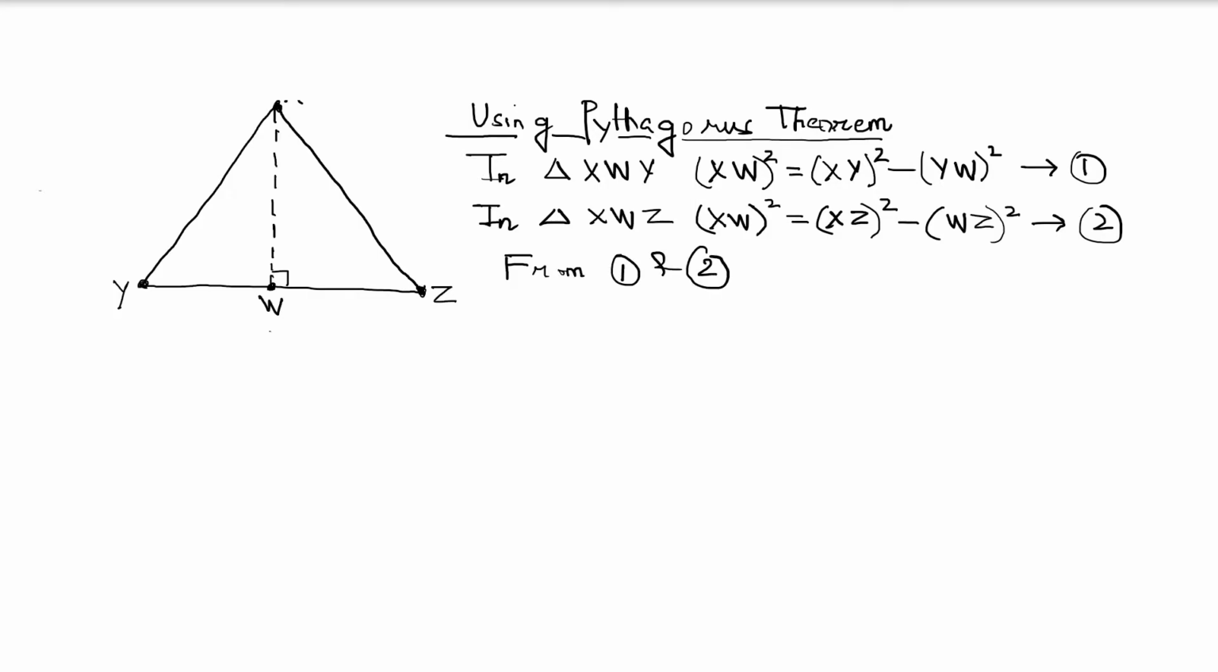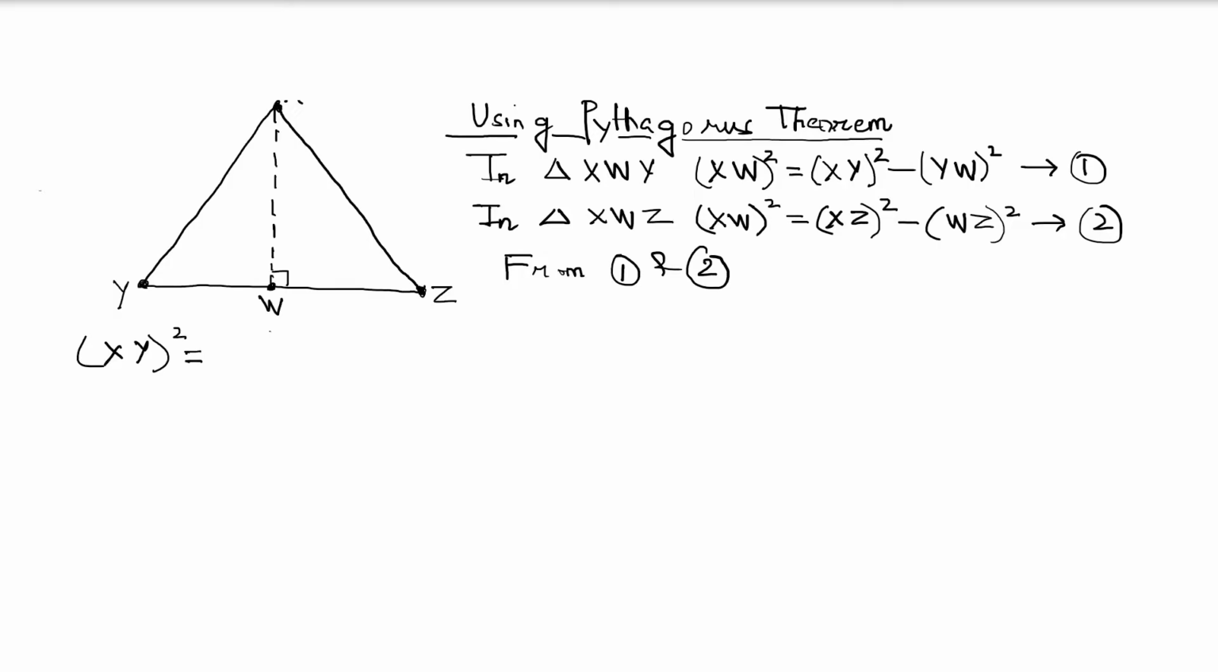we can directly write that xy whole square minus yw whole square is equal to xz whole square minus wz whole square. That we can directly write. In the interest of time, we can save writing this and we can directly say